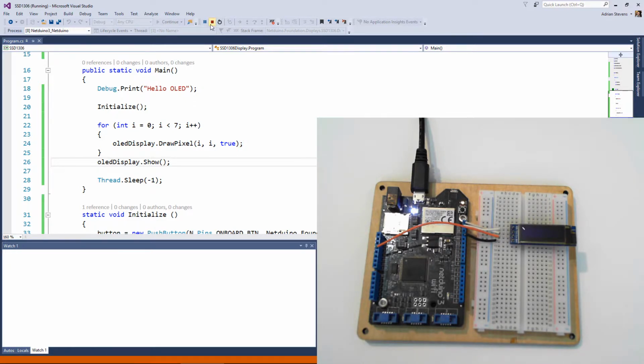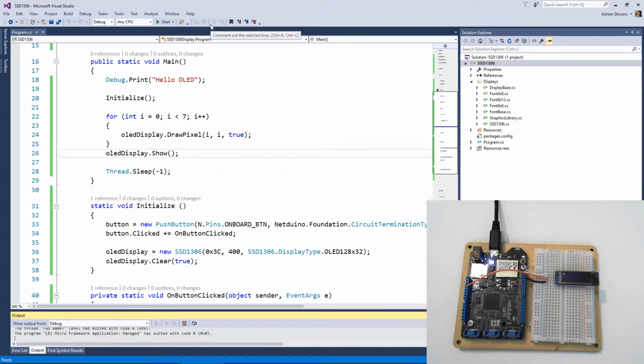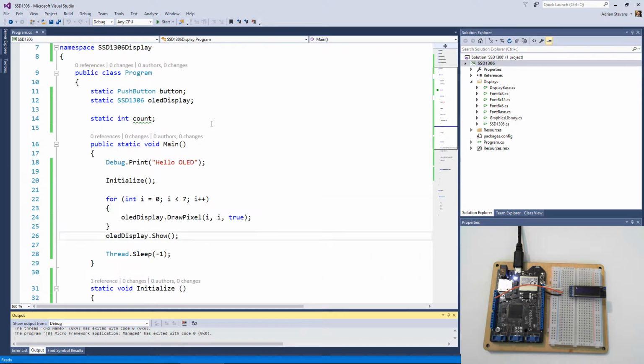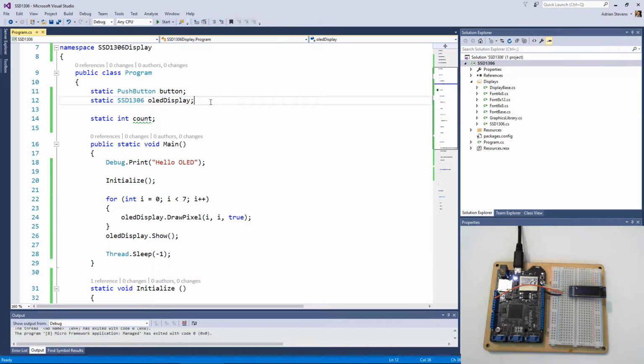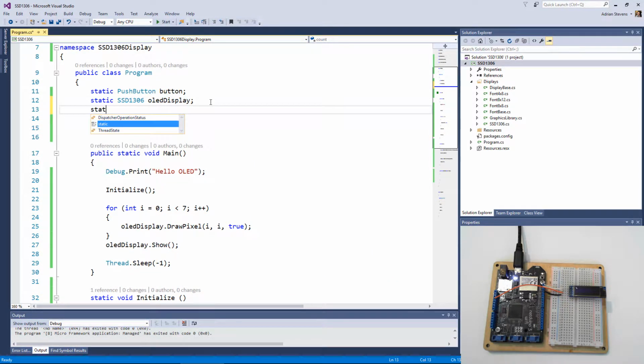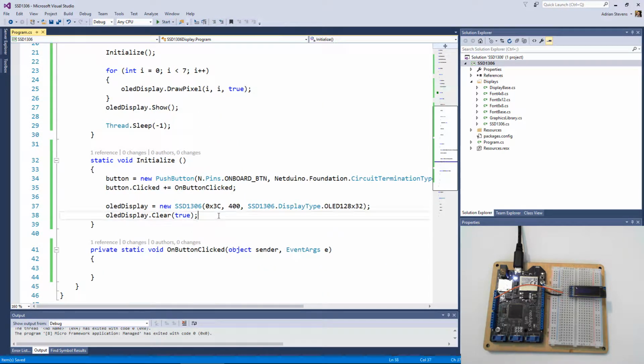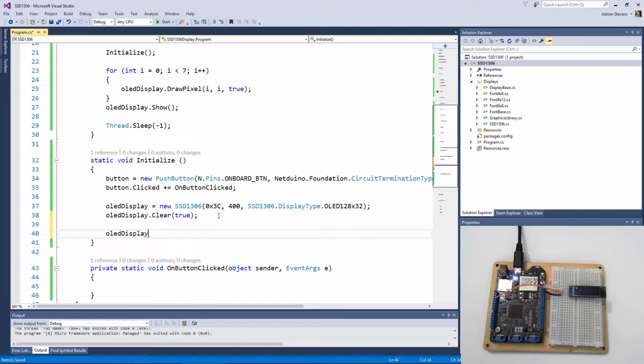Now this is great, but obviously drawing things 1 pixel at a time is going to be fairly cumbersome. And so we actually have a helper class that we're going to use to help draw some more interesting things. And that is the graphics library. And I can call this OLED graphics. Now let's go back to our initialize method and let's instantiate our graphics library as well. OLED graphics equals new